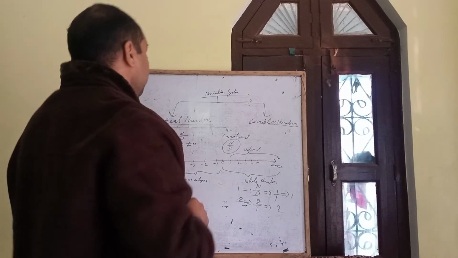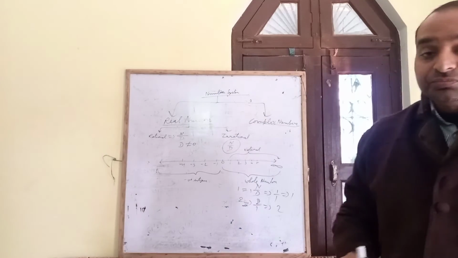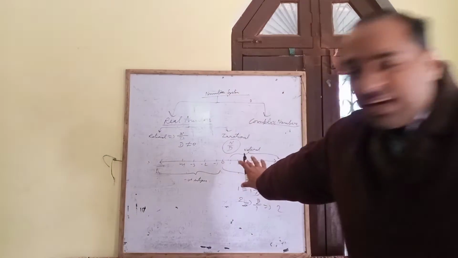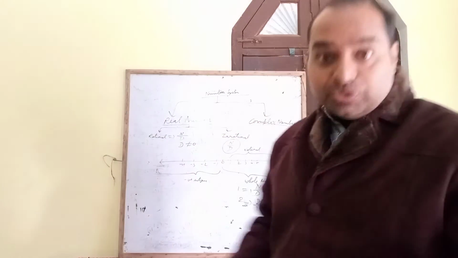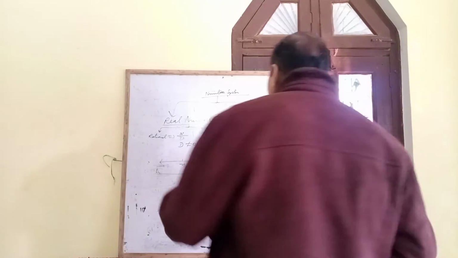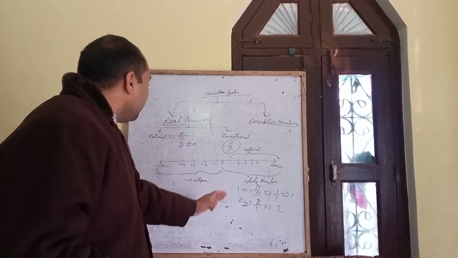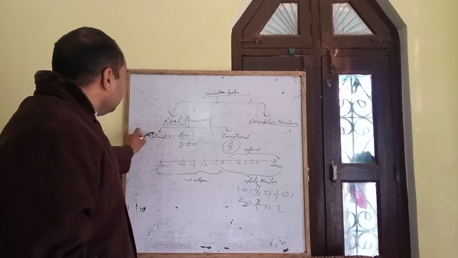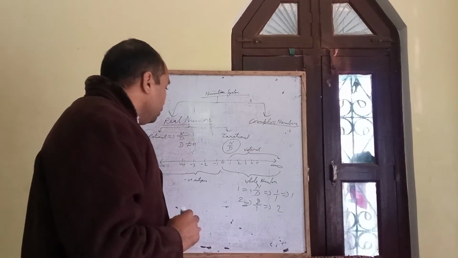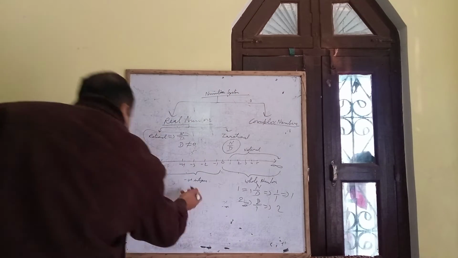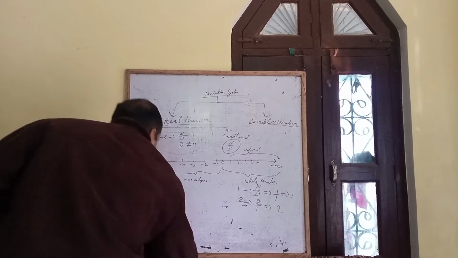So what is in between 1 and 2? There are infinite numbers in between 1 and 2, because 1 and 2 are what kind of numbers? They are natural numbers, they are whole numbers, but in between them there are a lot of numbers which are also in the category of rational numbers. So if we want to define rational and irrational numbers very easily, we can say that if we change any rational number